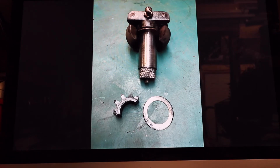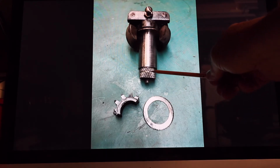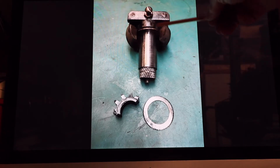Okay guys, here's part 3 of the Fairbanks Morse Z Style C gear saga. In the previous episode you noticed that we broke this gear on the test run, and thought we were going to have to get this assembly. Well, and I also